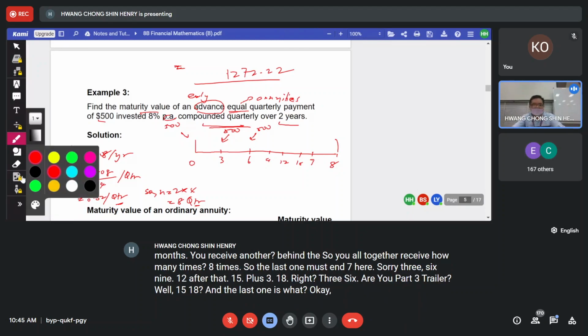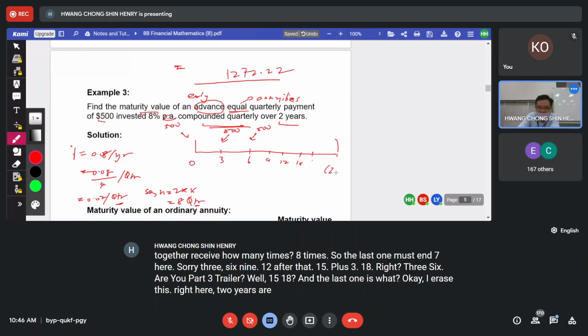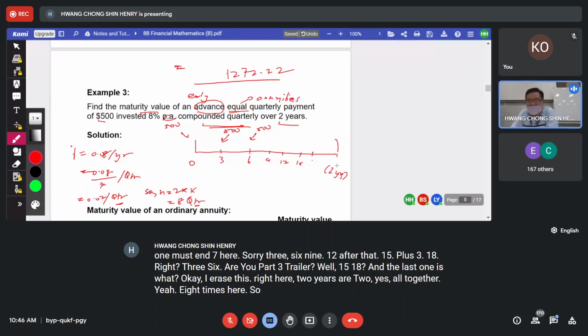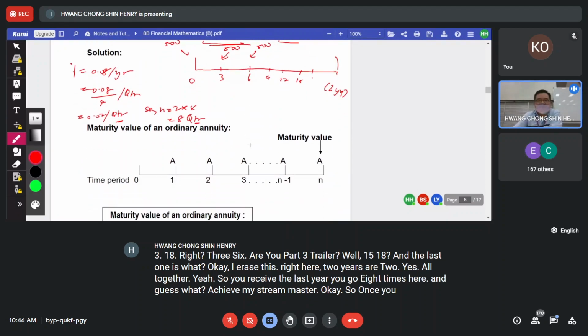Okay, I erase this better lah. Don't want to confuse you all. I write here 2 years. 2 years altogether. There are 8 times here. So you receive the last one, you go and guess which month is that. 3 months, 3 months, 3 months. Okay. So once you understand the diagram already,